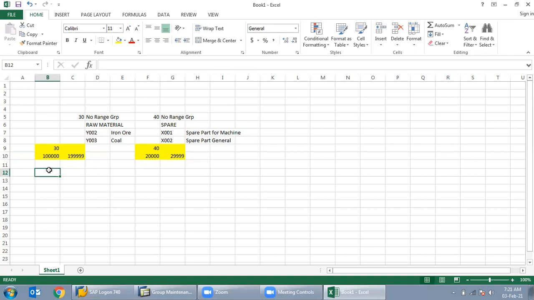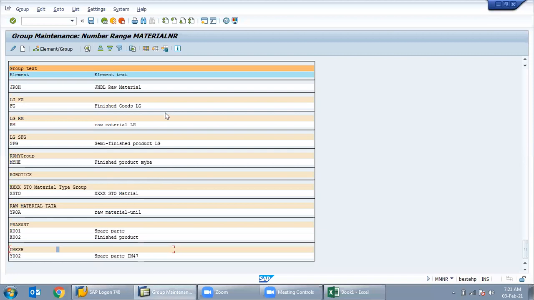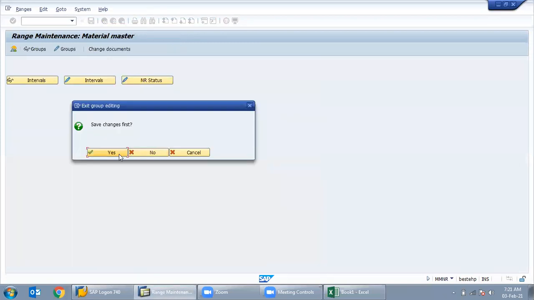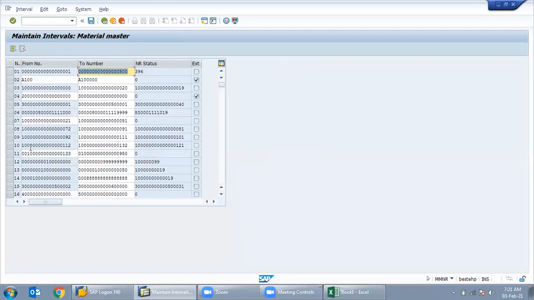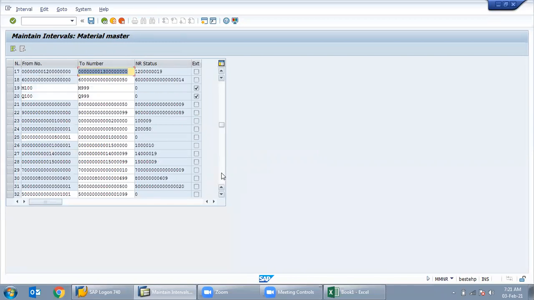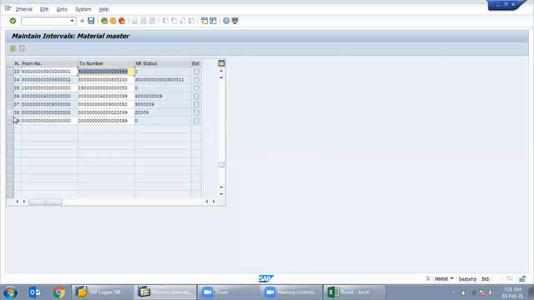And that number range that we are creating, is it inbuilt, sir? We are creating it. Just we have created it. We are giving just the intervals, like here. See, I am repeating that part again so it will be clearer. Go to these number ranges. You can maintain the interval, but not this first one, that is 39. That was created by me only.